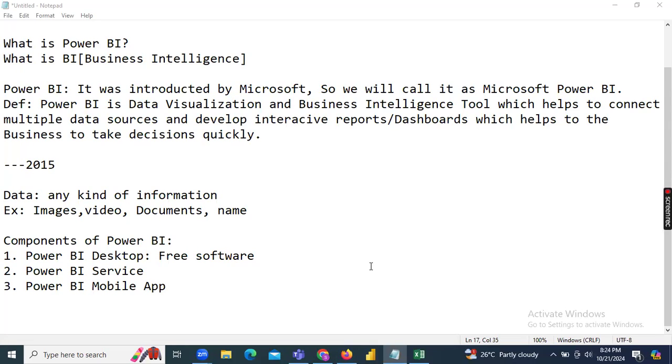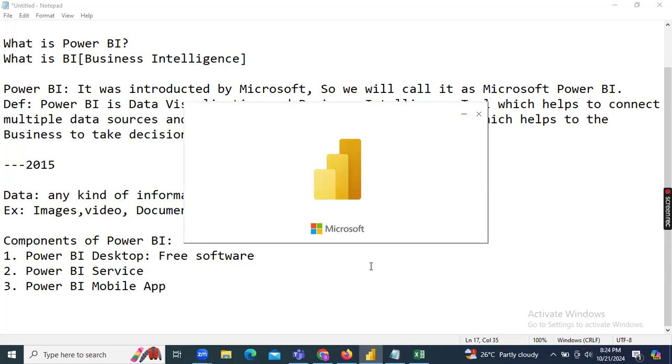In Power BI, guys, the development part is completely free. Whatever you are going to develop, designing the reports and using the DAX language, you are writing a little bit of code. It's not exactly code; it's DAX functionality you need to learn.